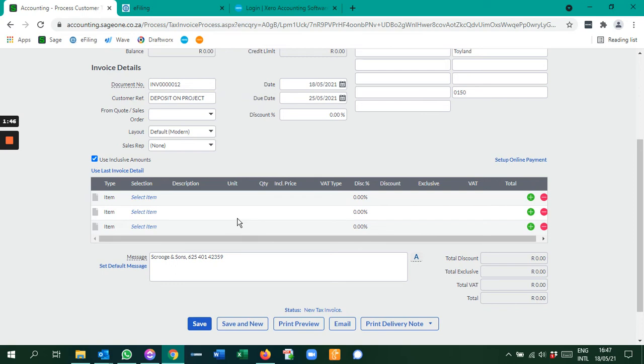Now, here's the important thing: if you are VAT registered, you are not going to charge VAT on your deposit because that's not your sale. So what you're going to do is here at item, you're going to use the drop down and choose account. You're going to go to the deposit control, there it is, and you can say there,